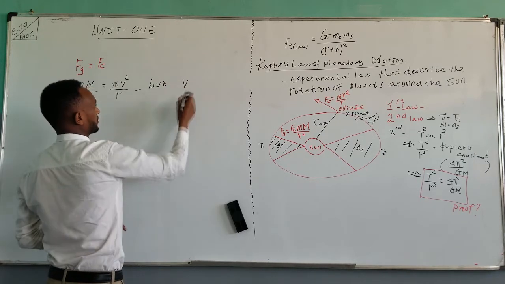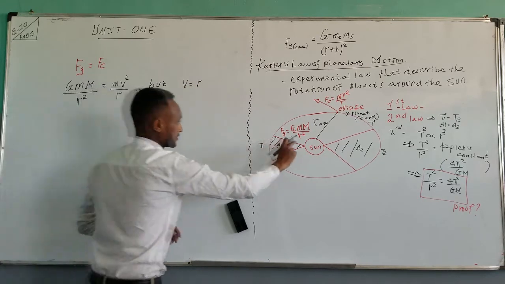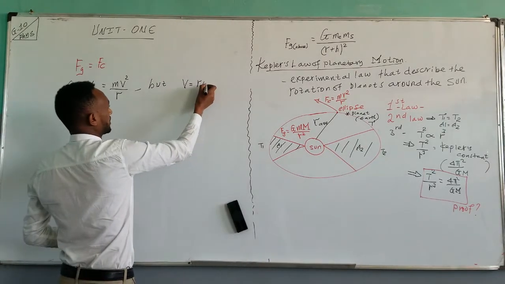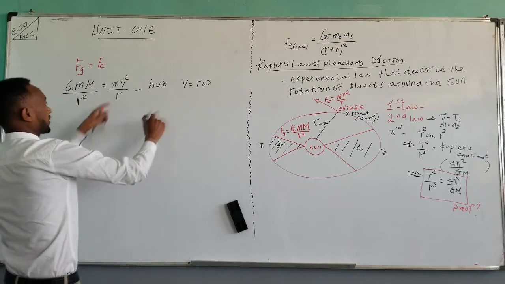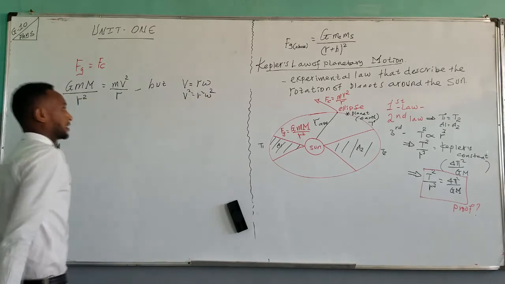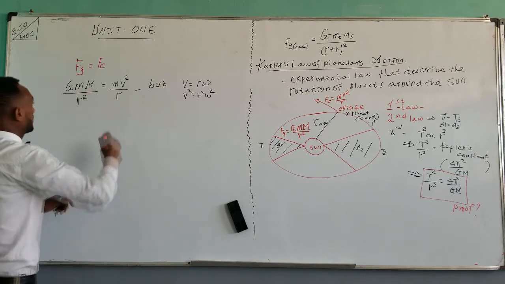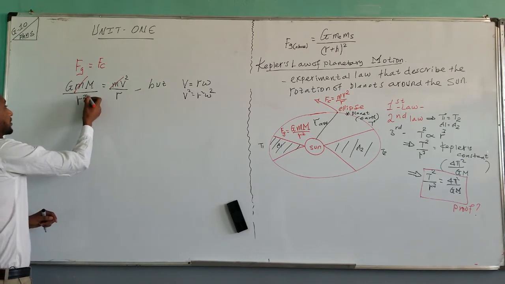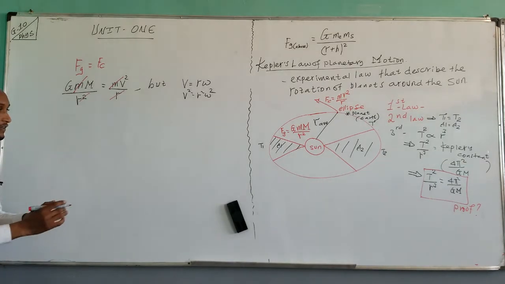The speed scale is represented by the radius, that means the distance between the sun and the planet, and the angular velocity by which the planet orbits the sun. If you scale this, you get that v squared is equal to radius squared over omega squared. Also here, the mass of the planet can cancel out with the mass of the planet. Since we have a distance scale, one distance can cancel out with the distance, and finally we get